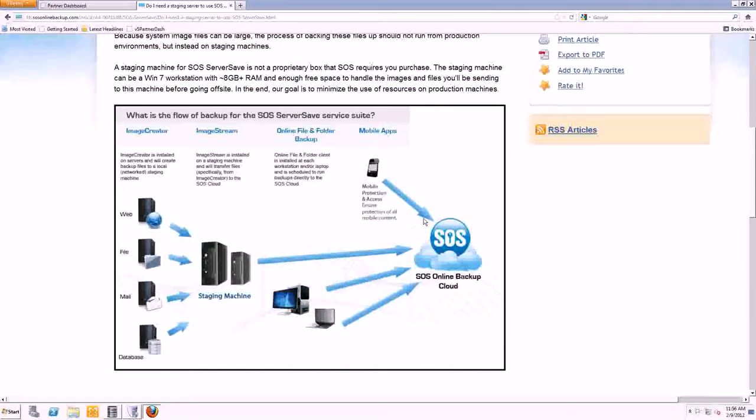And then we have mobile applications, which the iPhone application and the Droid are not currently available to our partners, but they will be. So the cloud backup and mobile backup will be delivered shortly. We're expecting by the end of the quarter to have a generic branded Droid app available for all of you. You could always opt for a co-branded backup program, in which case using any SOS